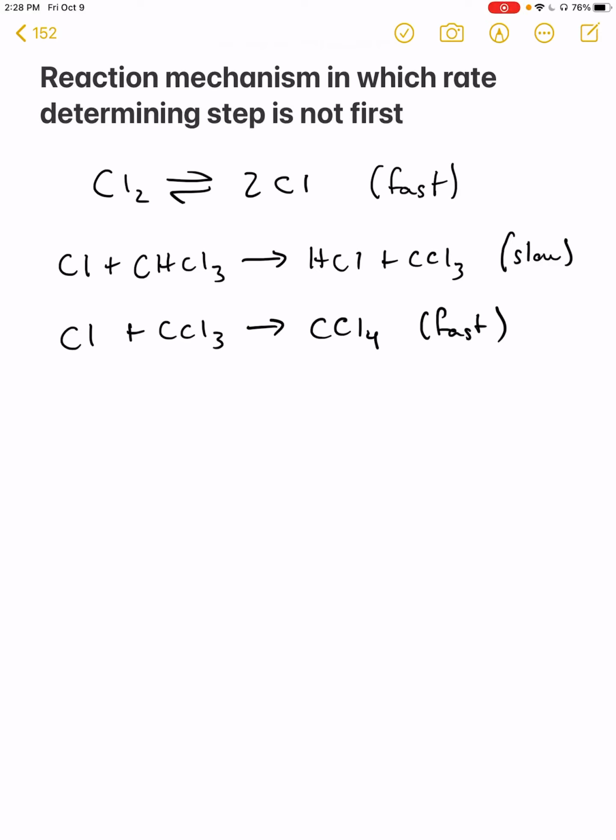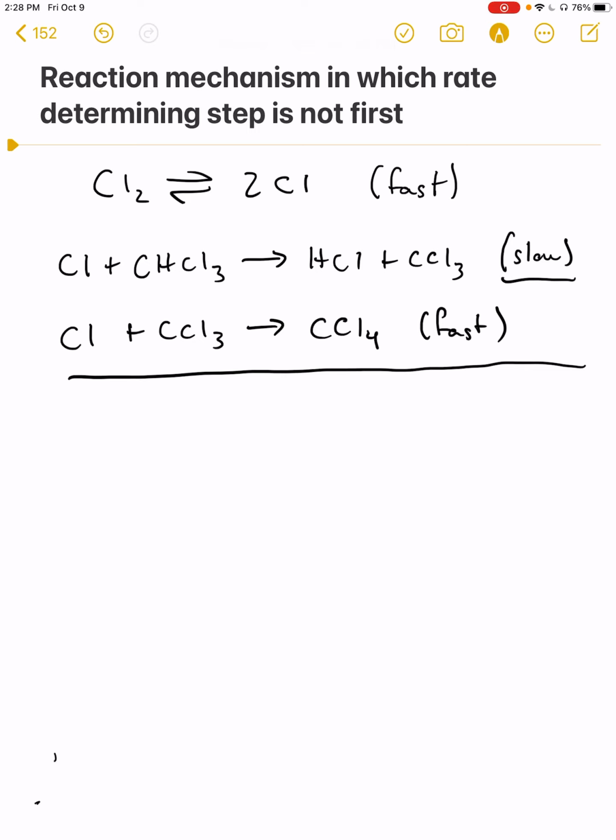We are going to look at a question of how we would predict a rate law from a reaction mechanism in which the rate determining step, or the slow step, is not the first step. Rather, as you can see here, it is the second step. So let's start, before we do that, by figuring out what our overall